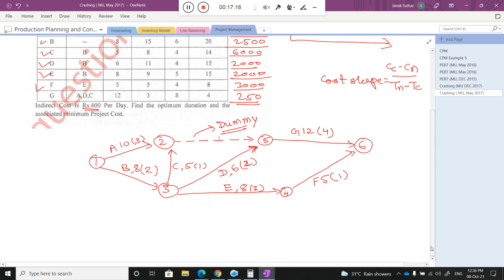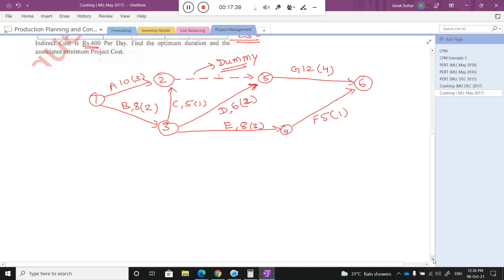Okay, now this is my project network diagram. Now I just need to find out what the expected time is and when my project will be complete. How will you identify that? By using the critical path. So you need to identify the critical path, and that critical path will tell you the minimum time required to complete that particular project. So I start all the path calculation, the length of all paths.